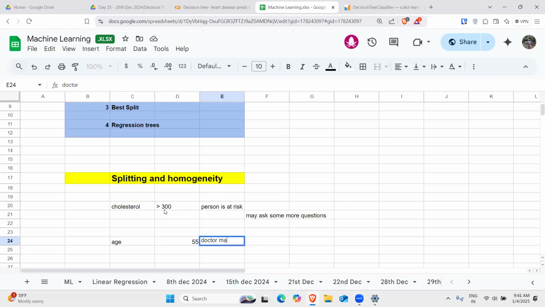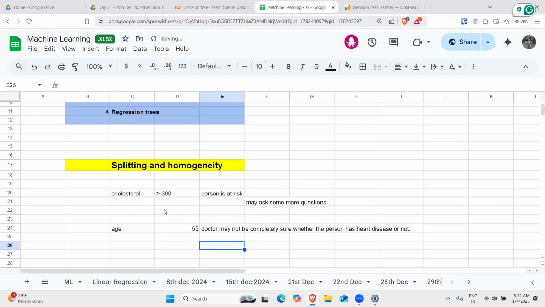So basically, he or she would need to ask further questions. And from both these scenarios, it is easy to infer that to predict the target variable, in this case, heart disease,